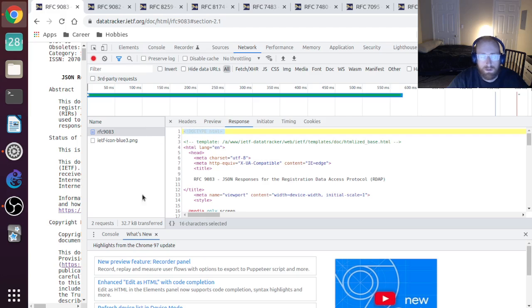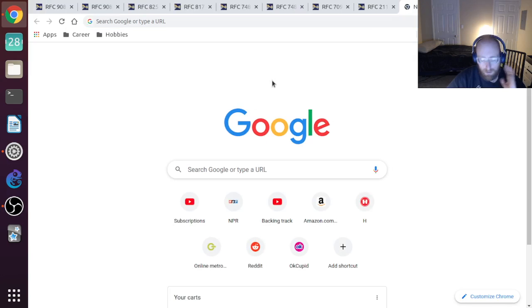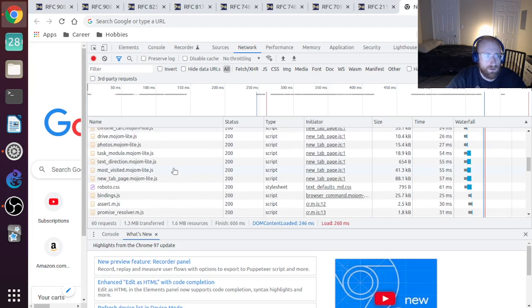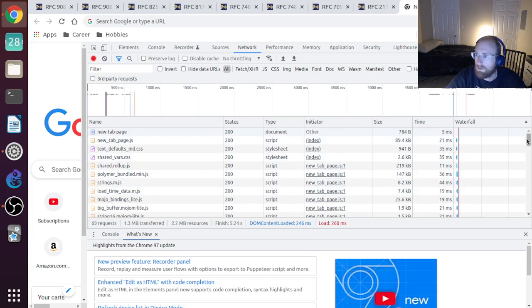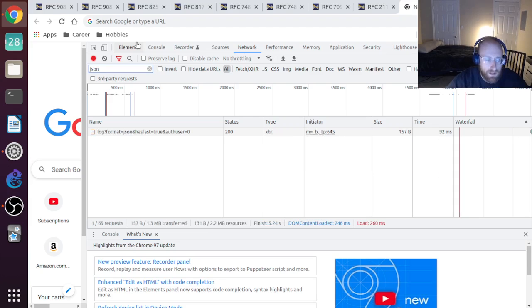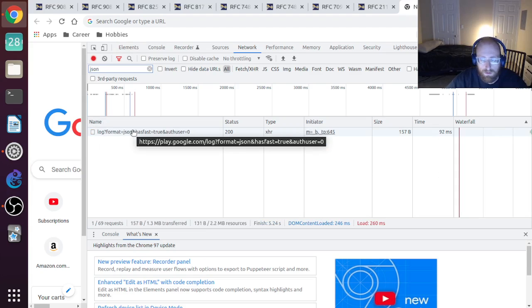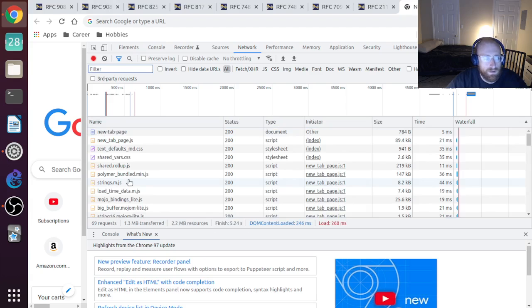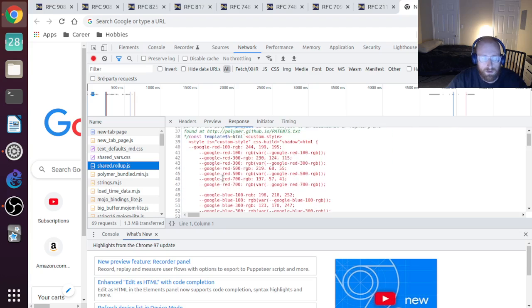Yeah, doctype HTML. And then we also got a picture. But there should be... No, there's not going to be any JSON, because it's just HTML. If I go to open a new tab here, there should be some JSON exchanged, I think. So that's not JSON, that's JavaScript. Yeah, this is JavaScript. JavaScript is a really